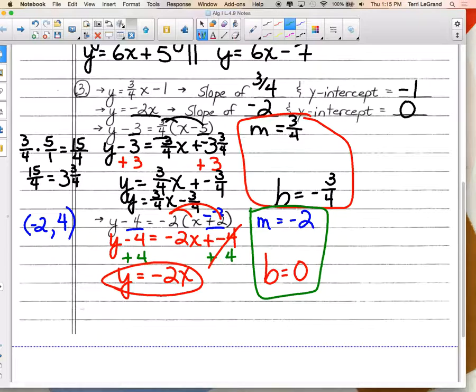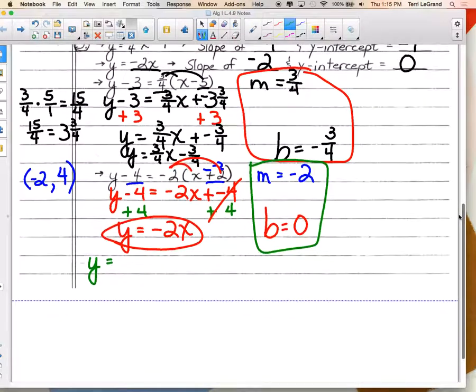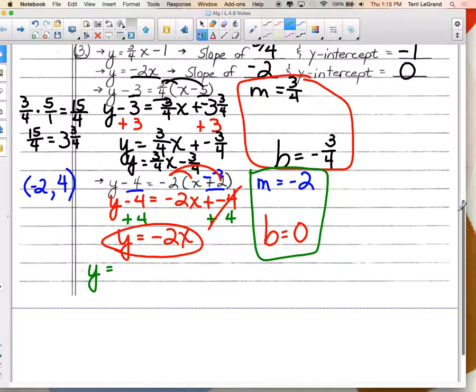Yeah? Okay, what are they? Which ones? The first, second, third, or fourth ones? The first and the third. They both have a slope of 3/4, and they have different y-intercepts, don't they? Okay, so let's go ahead and write that down. Y equals, I gotta scroll back up, I guess. 3/4 x minus 1